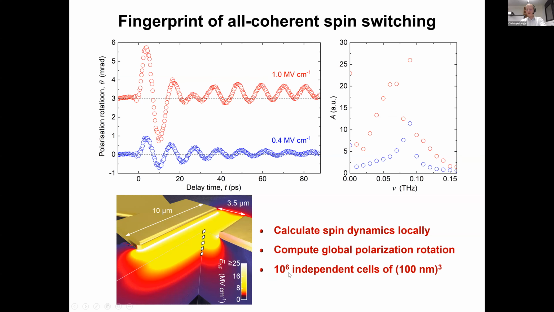So that's a total of about 1 million independent cells in which we considered the spin dynamics, each locally with its own antenna near field. And then summing up all of these spins and the Faraday rotation that they cause,